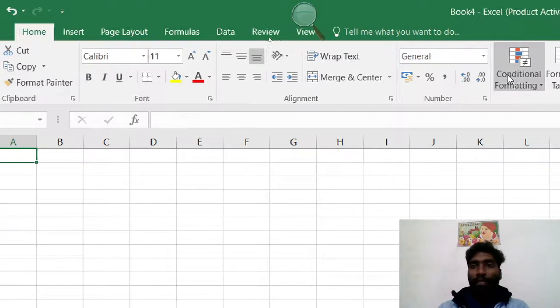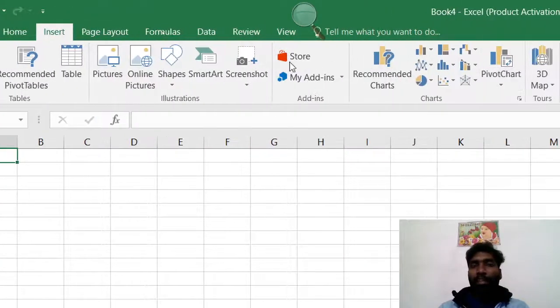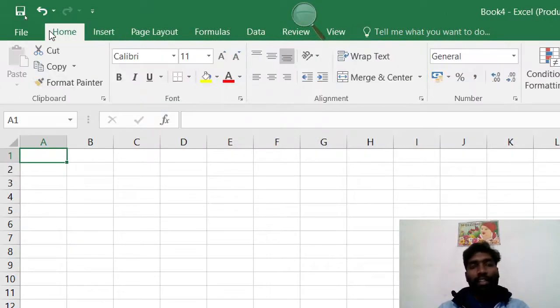This is the Home tab ribbon, and this is the Insert tab ribbon. The options in a ribbon vary depending on the menu tab. A ribbon consists of groups. This is the Clipboard group, this is the Font group, this is the Alignment group, and this is the Number group.